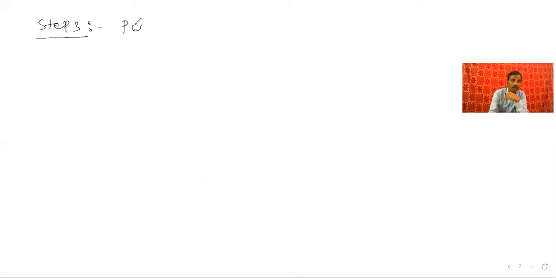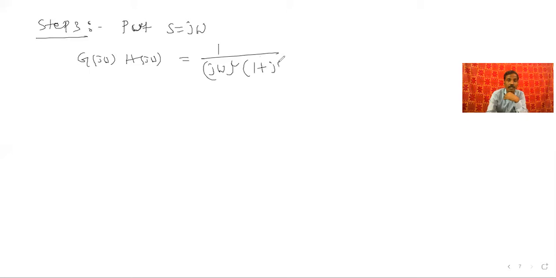Put s equals to j omega. Then the given open loop transfer function is 1 by j omega square into 1 plus j omega. For sinusoidal input, G of j omega, H of j omega equals to magnitude of G(j omega)H(j omega), angle of